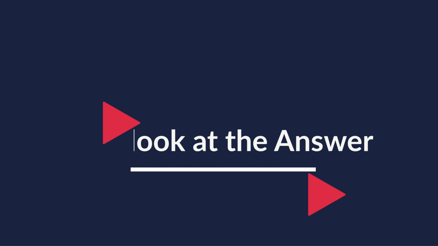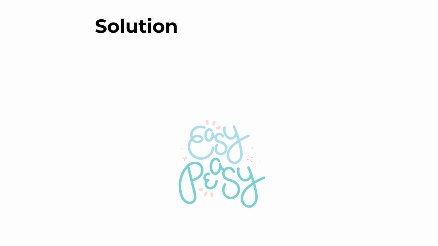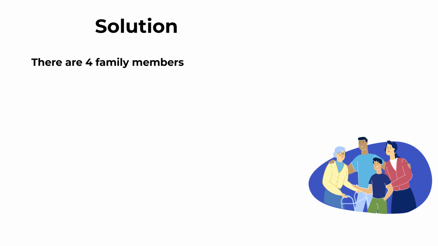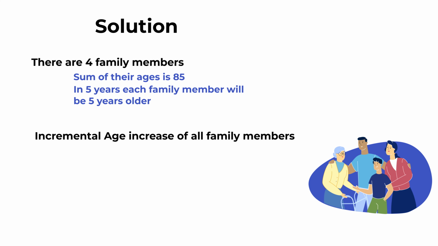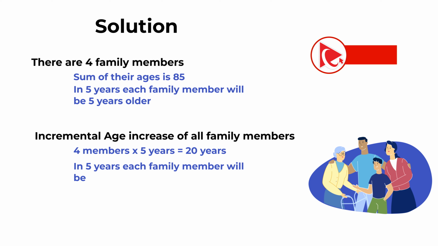So the key here is not to overthink the problem. There are 4 family members, and the sum of their ages is 85. And in 5 years, each family member will be 5 years older. So the incremental age increase for all family members can be calculated as 4 family members multiplied by 5 years equals